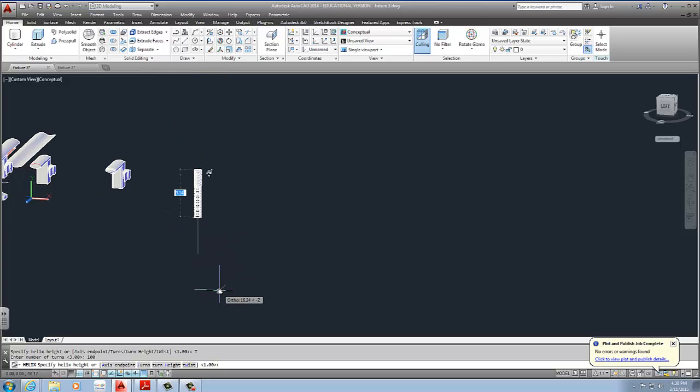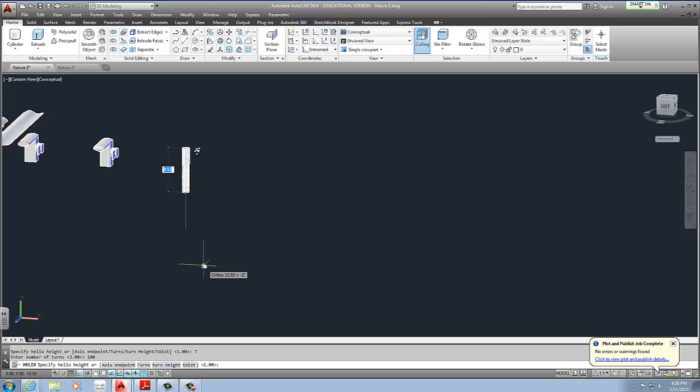Actually, I'm going to try that out. I'll have to come back to this if I did that wrong. You can always go back and change it. If you're not comfortable with 100, you can go back to T for turns, and you can specify something less. I'm going to do 60. So I'm using 60 turns, and my axis